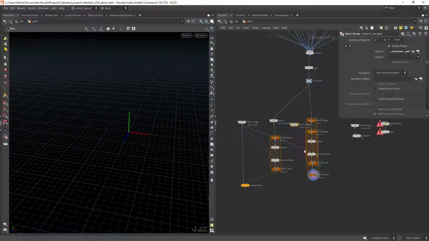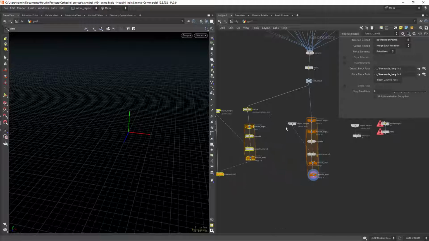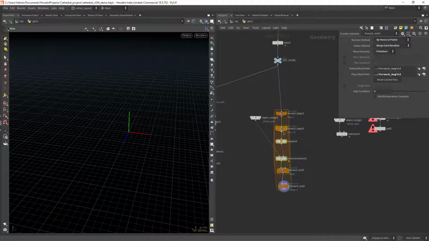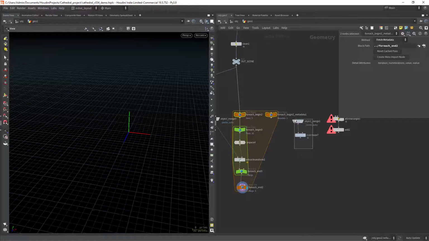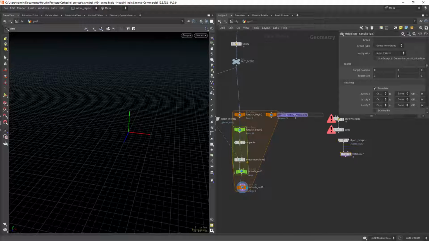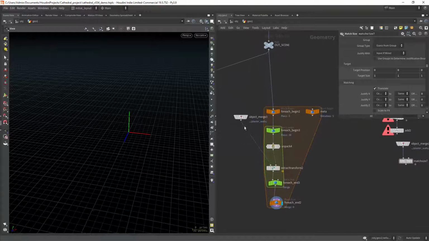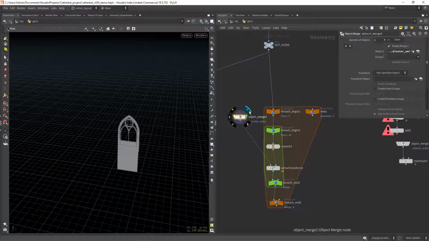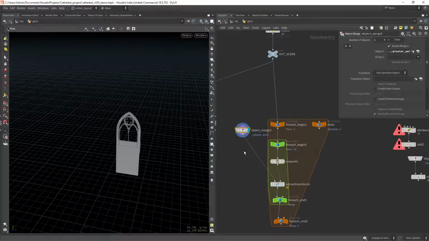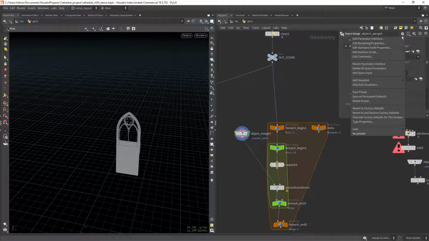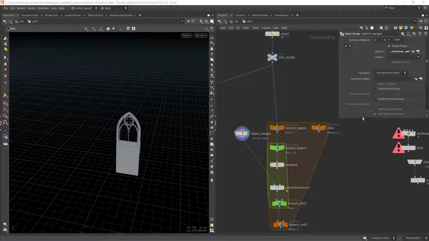We also need this, and let's just color this in a different way, and we also need the meta. So let's call it meta, and in here we will need to select the respective geometry that is currently being processed. So let's add a spare input and connect the meta,